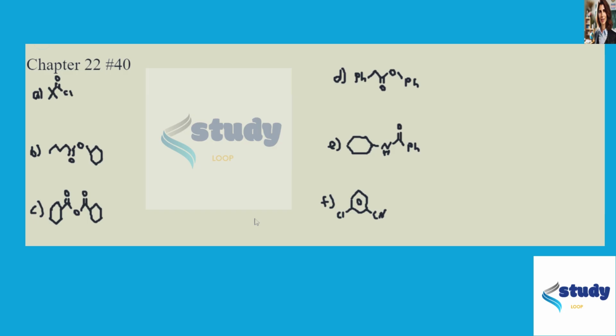This is the answer to Chapter 22, problem number 40 from the Smith Organic Chemistry textbook. This problem is just asking us to name several molecules, and so we just need to know the rules of naming. And so A is going to be